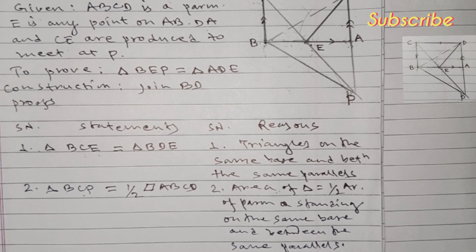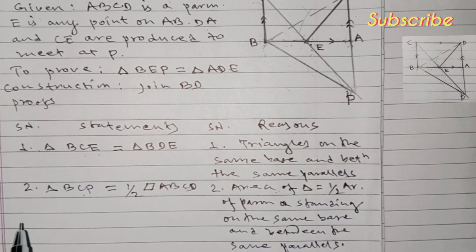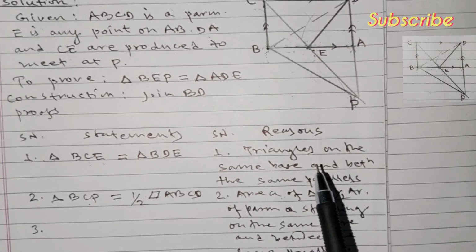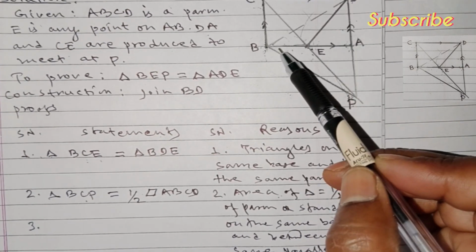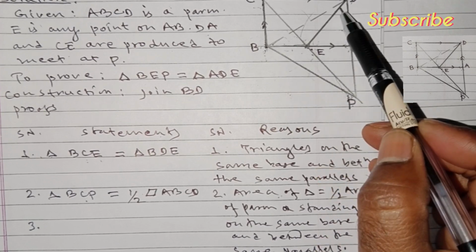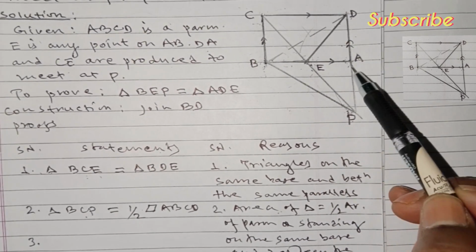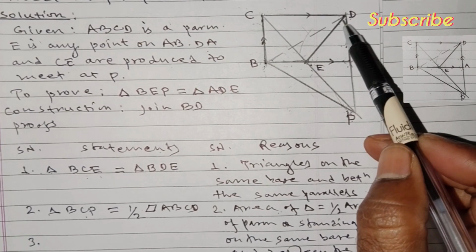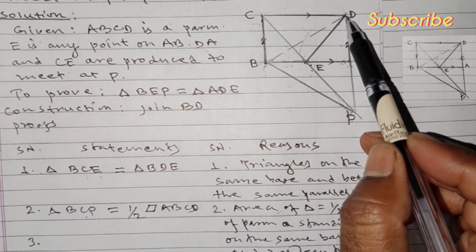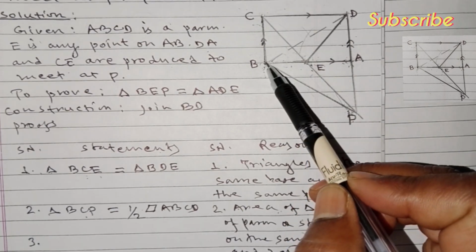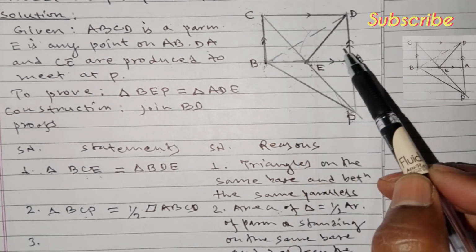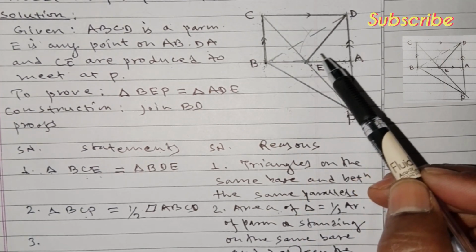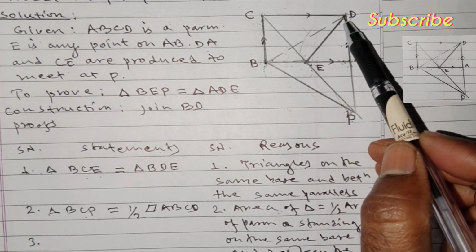Now in statement number 3, dear students, now area of triangle ABD, we can write area of triangle ABD. Area of triangle ABD is equal to half of area of parallelogram ABCD. Dear students, before taking area of triangle ABD as half of area of parallelogram ABCD, let's take area of triangle ABD